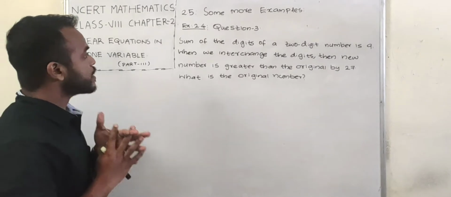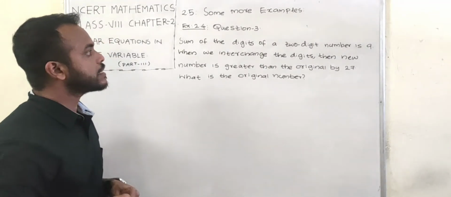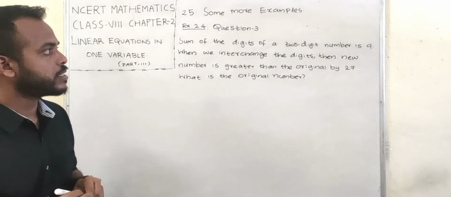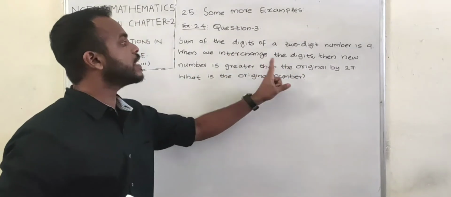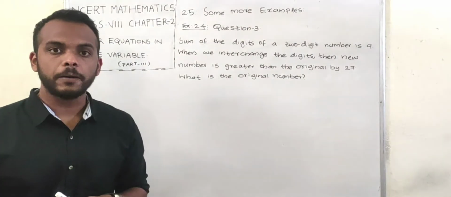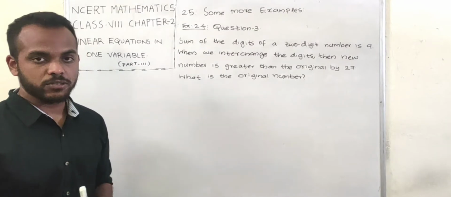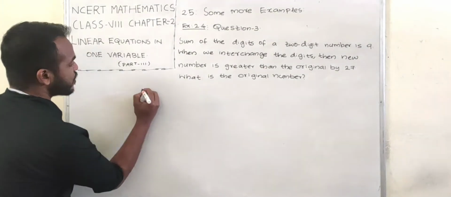The question says the sum of the digits of a 2-digit number is 9. Okay, we'll read the question completely once. When we interchange the digits, the new number is greater than the original by 27. What is the original number? We need to know some formal things to solve this question. Basically, you know all 2-digit numbers will be of the form